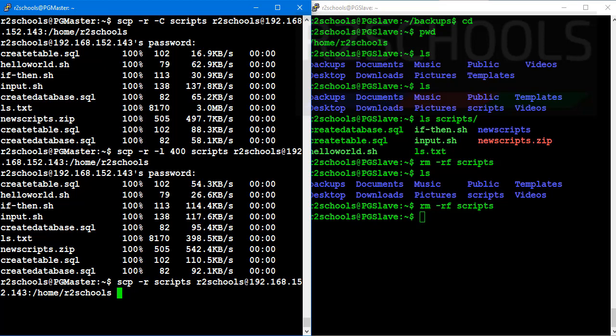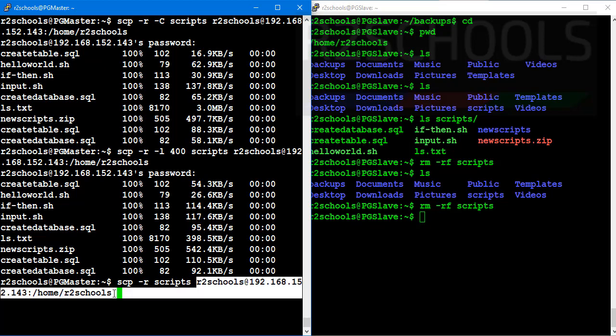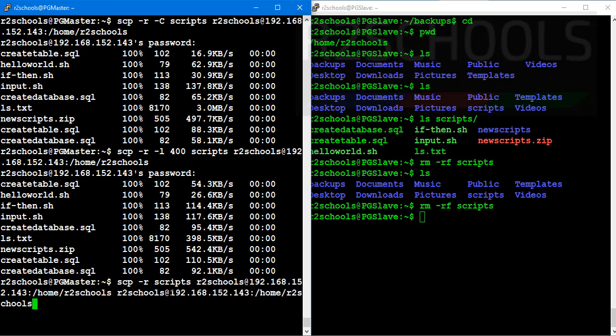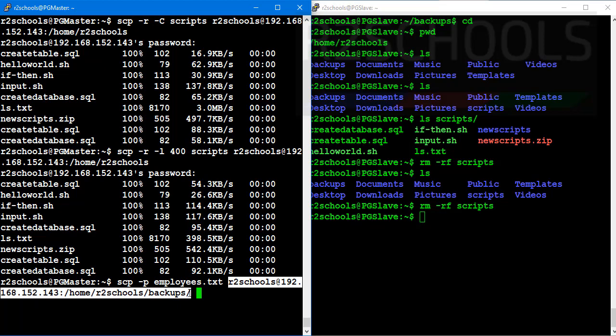We can also copy the same file to multiple remote hosts by using one command. scp -r means recursive, this is for an entire directory. Just give the other target host details, just paste it here. That's it. In the same way, if you want to copy a single file to multiple hosts, just copy the other target source information, another target remote host path, and press enter. Okay.